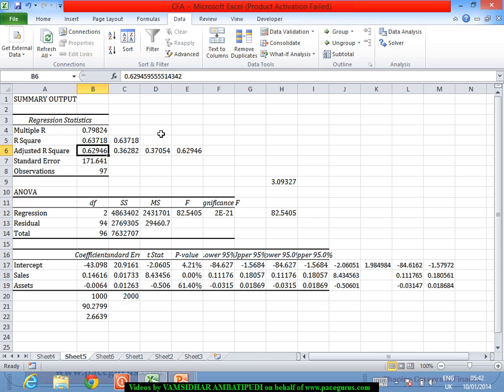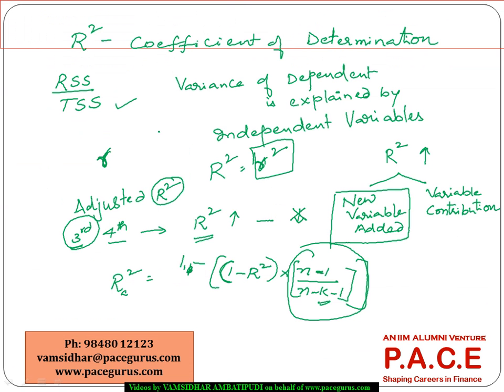But a few interesting things about this adjusted R squared. It is always less than or equal to R squared, or generally less than only. Adjusted R squared is always less than the R squared, and it may so happen that with the addition of variables, the R squared can keep increasing, but the adjusted R squared can